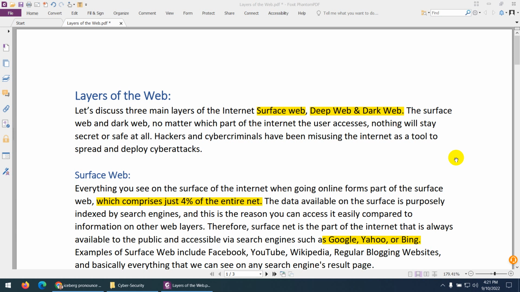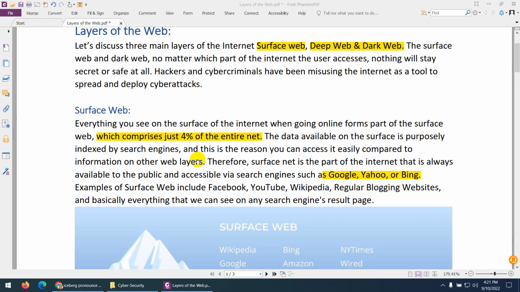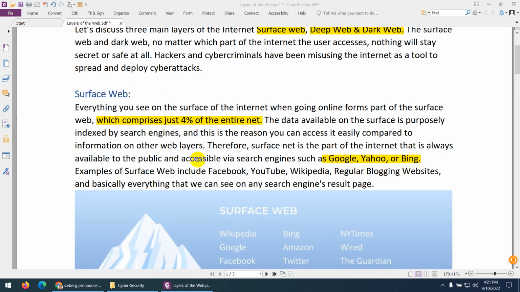Okay, next topic which we need to discuss is layers of the web, or layers of the internet. Basically, the internet has been divided into three layers: the surface web, deep web, and dark web. So the first one is the surface web. Whatever we search on a daily basis on the internet, normally we go to Wikipedia, Google, Facebook, Amazon,